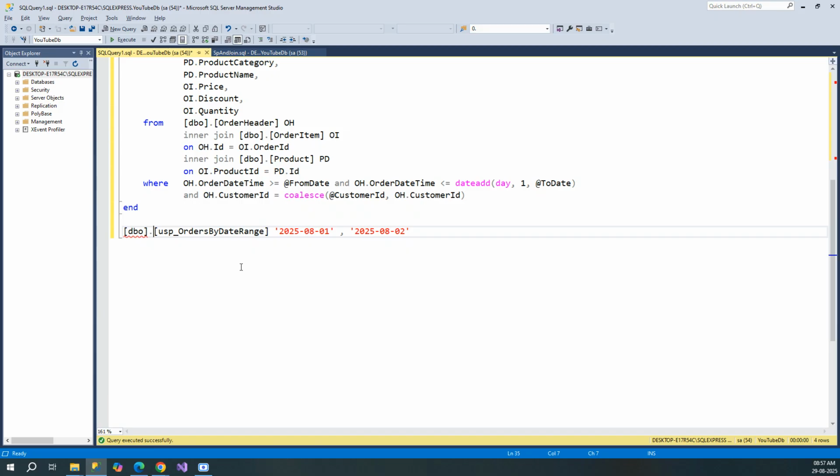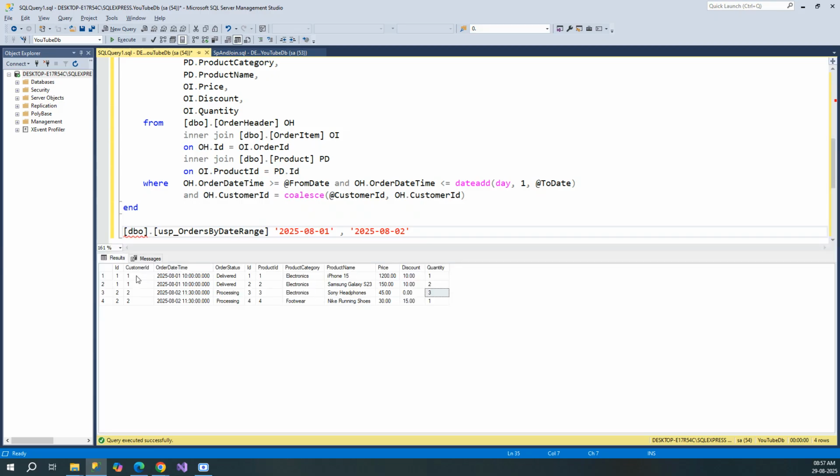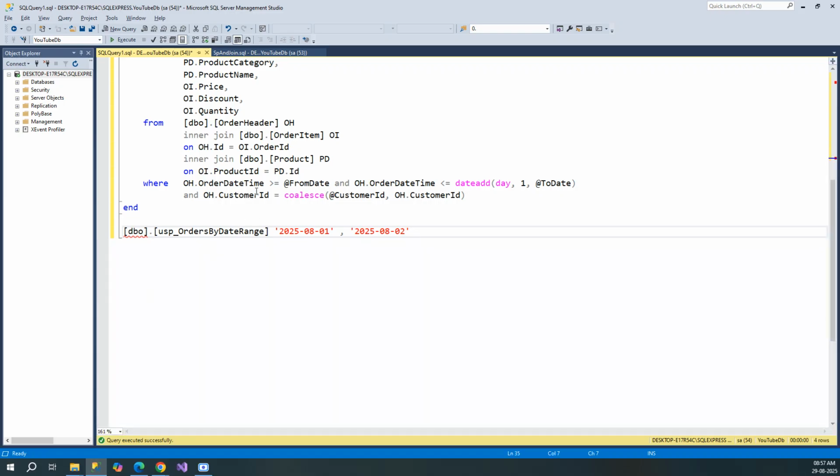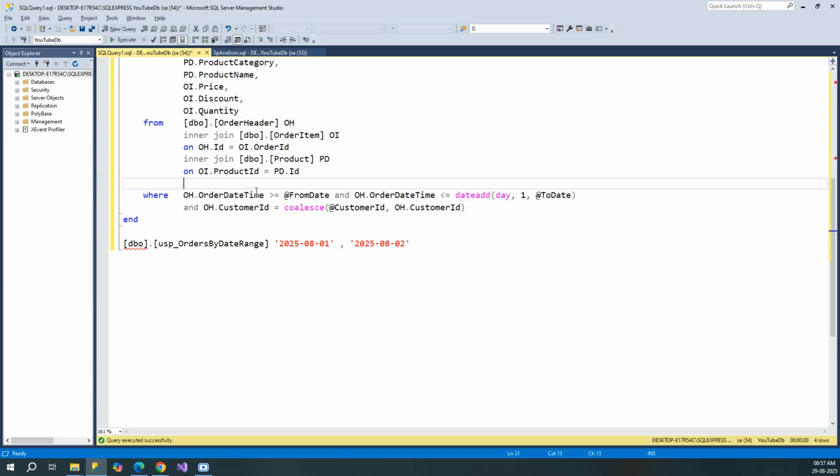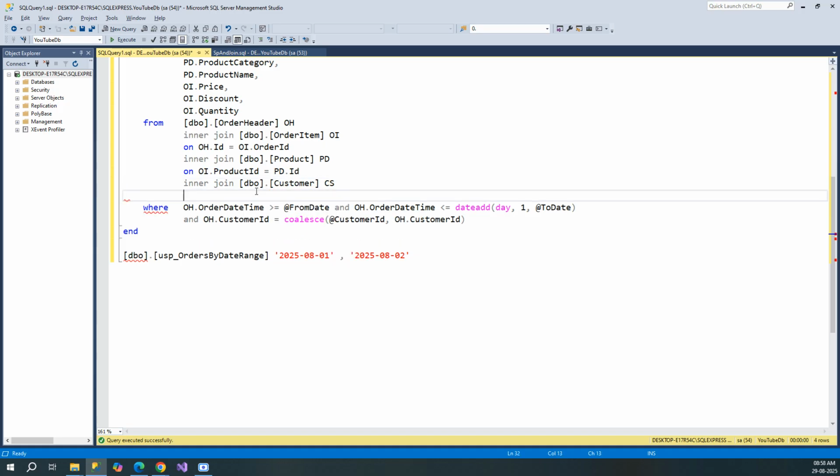also, price, discount, and everything we already have, right? Now one more thing, that we need customer name and address also, right? So we don't have it currently, we just have customer id. So what do we need to do? We will have to use again an inner join on dbo.customer, let's say cs, on